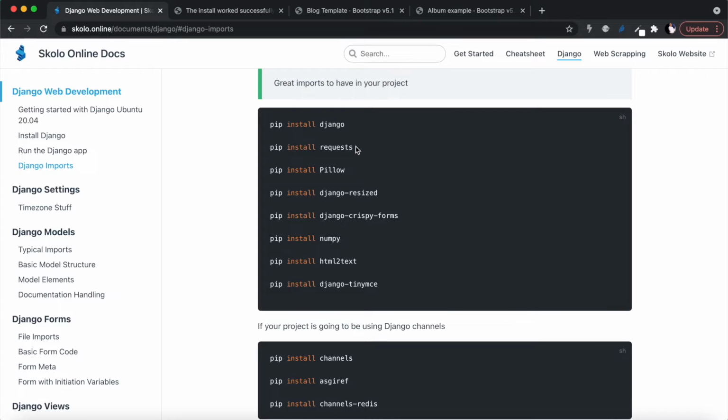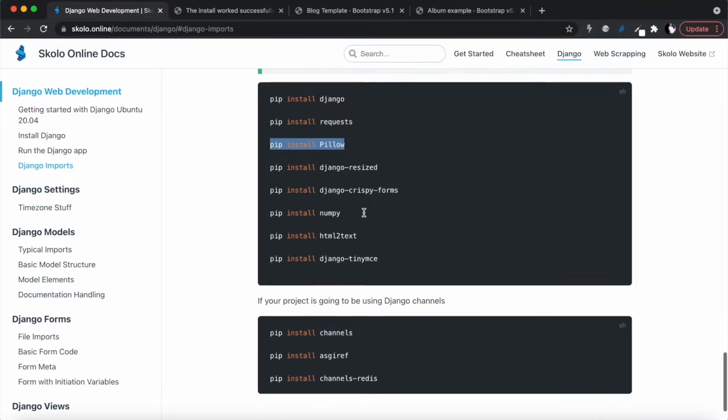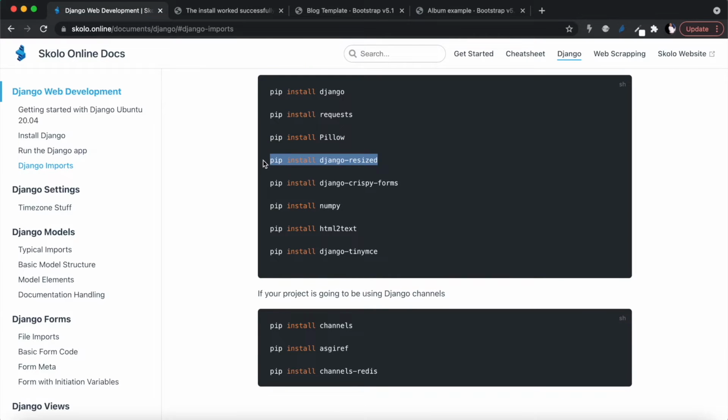Requests, let's install it just to be on the safe side, because you almost always use requests in like 90% of your Django applications. Pillow is a requirement if you're going to be using an image field, so make sure that you install Pillow. Then make sure you install Django Resized, because we're going to be using it for resizing our images